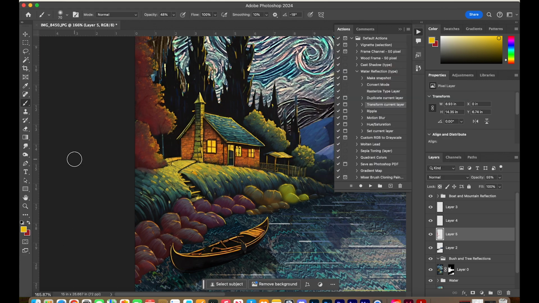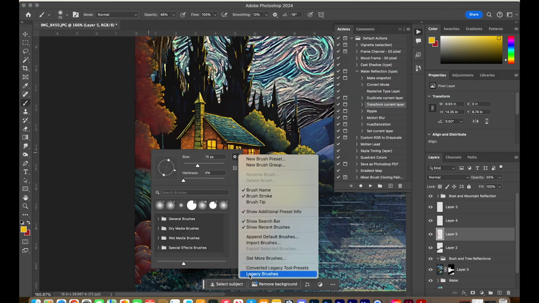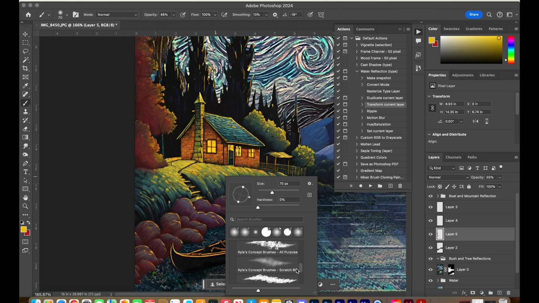Photoshop magic on my screen, making art from